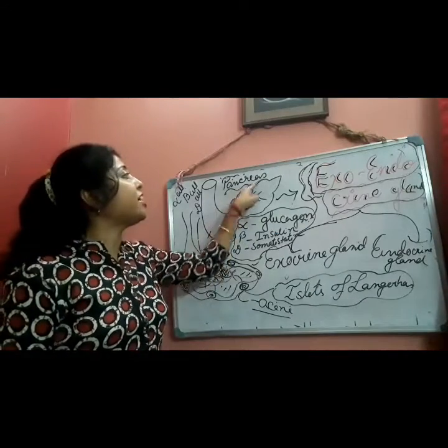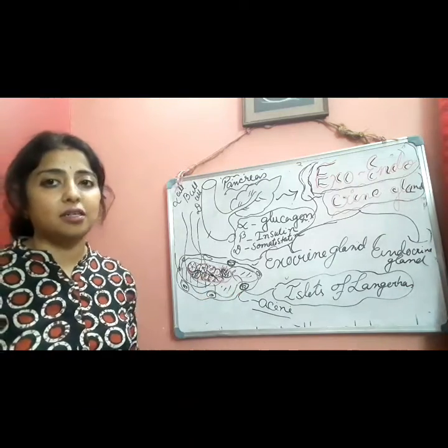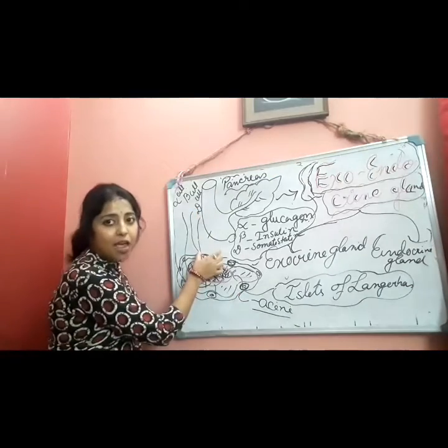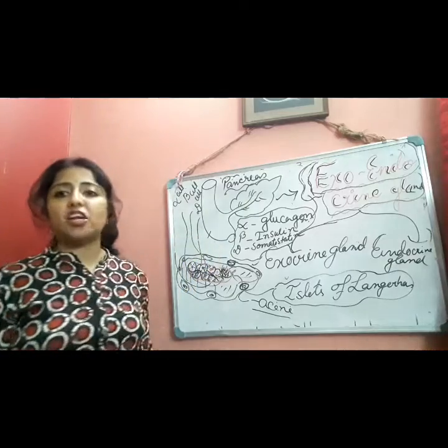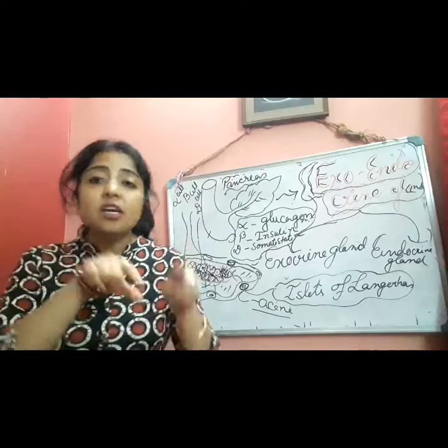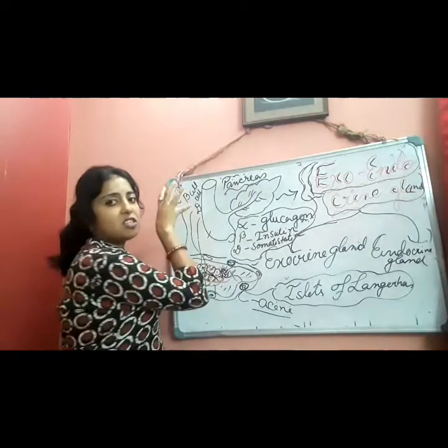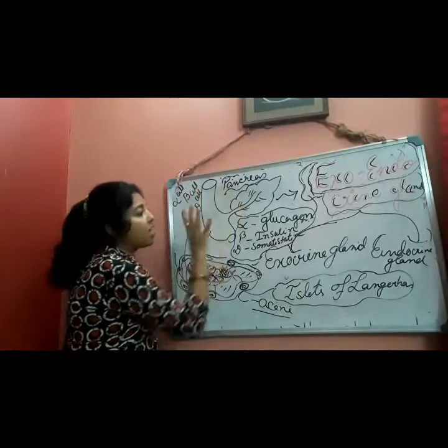It is one kind of organ, that is the pancreas. It is yellowish in color, and this is not a stem. It is a part of the digestive tract. It is known as the duodenum, and in the loop of this duodenum, this portion is present. I have just magnified this picture and drawn it here.